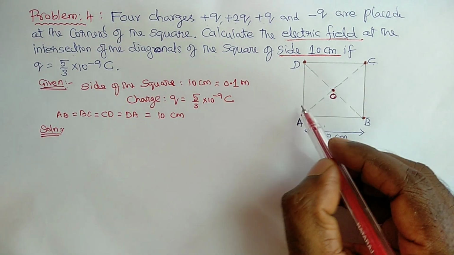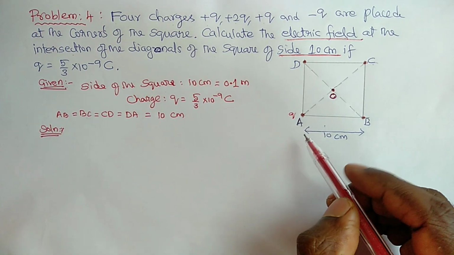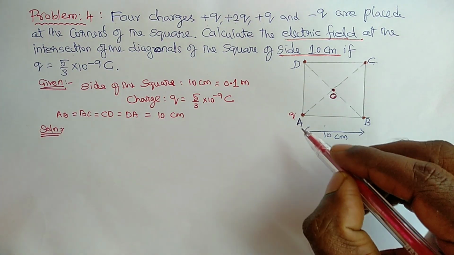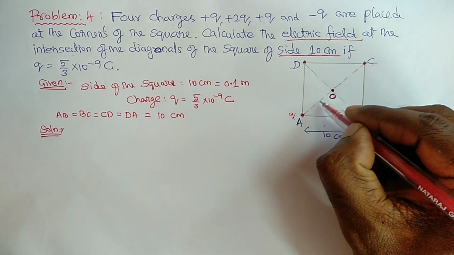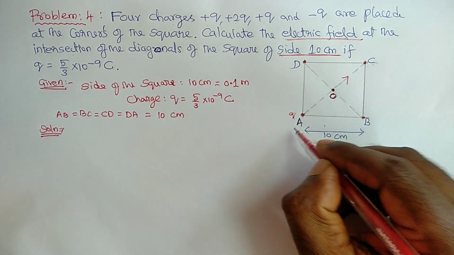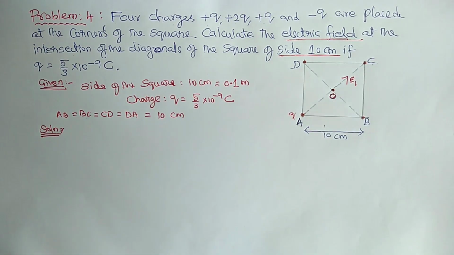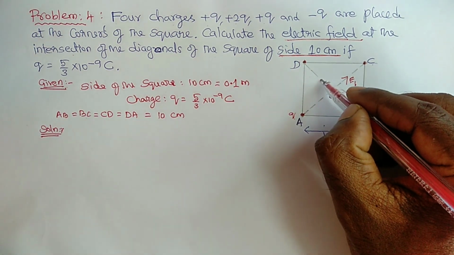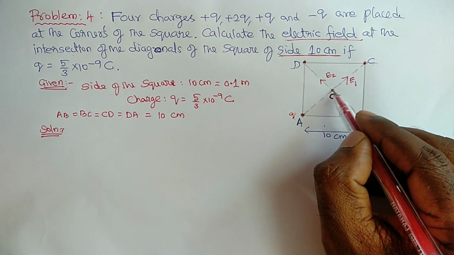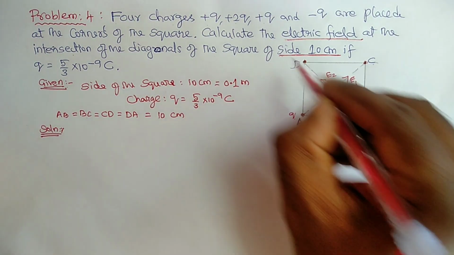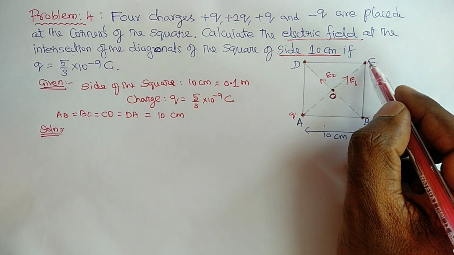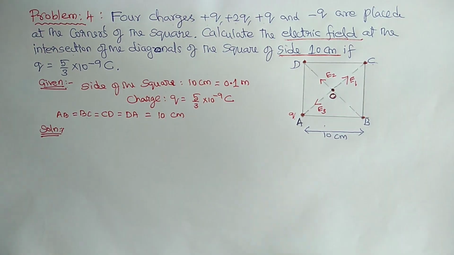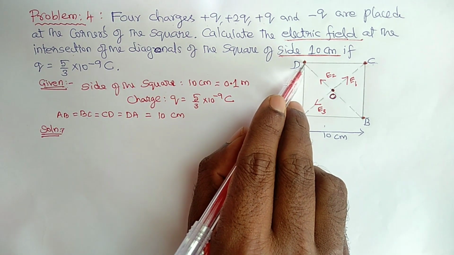Suppose you consider this charge Q. Due to this Q, what is the field at O? It's a positive charge, so the field is definitely directed away. So this is along this direction. Suppose you consider this is the first position, so E1. What about here? This is along this direction, so this is E2, the field at O due to position B, which is directed away. Suppose you consider C, which is also directed away, along this direction. Suppose we consider E3, and the point charge at D.